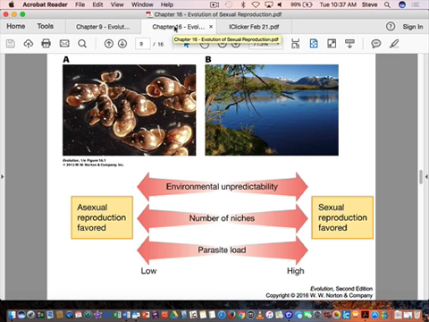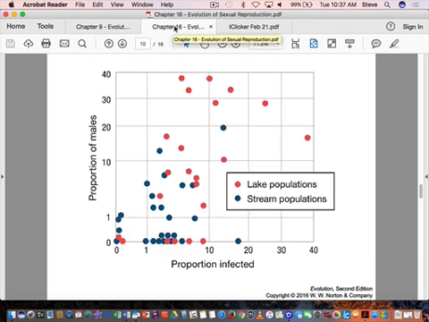Go ahead. Yeah. So one of the ideas might be that if there's a parasite out there that's well adapted to you or to the population, then by producing genetically variable offspring, maybe they can escape that parasite. And we're going to talk about what's called the Red Queen hypothesis. And we'll show you some data that suggests this is important. Okay. So what we'll do next time is go through the data that show this, and then that's it. If you have a chance, read some of this material on this New Zealand snail, and we'll be talking about lake and stream populations that address those hypotheses. Okay. Let me stop this.